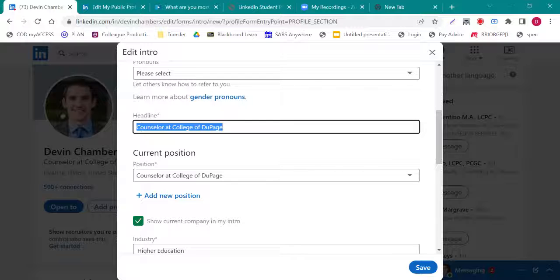Now, the headline is going to default to your current position unless you change it. I think for now, in your current college career, if you're not seeking out career opportunities, I would just keep it as your current position. But a lot of times you'll see people put general headlines that are more about their skills and their rewards.